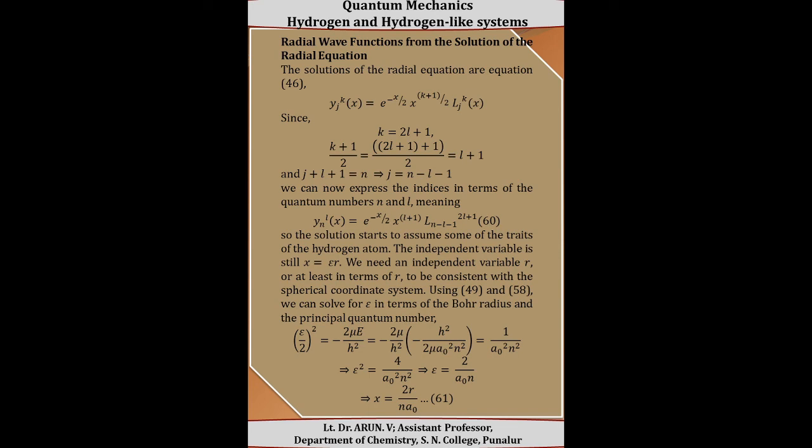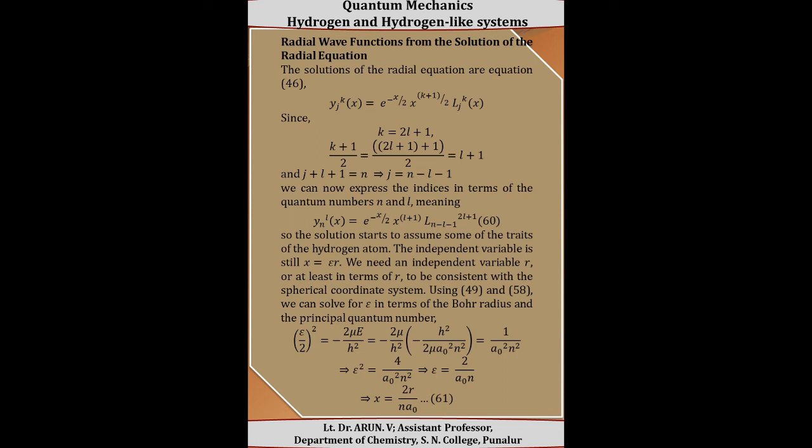Then the radial part of the wave function becomes, that is, the solution of the radial part of the wave function becomes y_jk(x), that is equal to e raised to minus x by 2 into x raised to (k plus 1) by 2 into L_j^k(x), since we know that k is equal to 2L plus 1